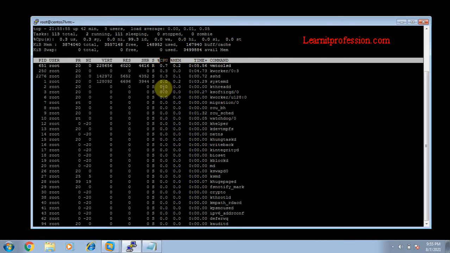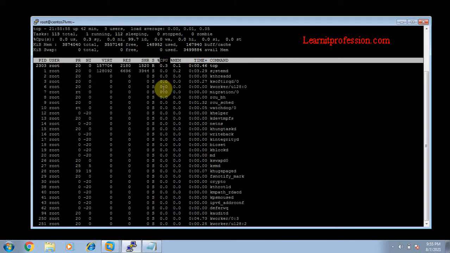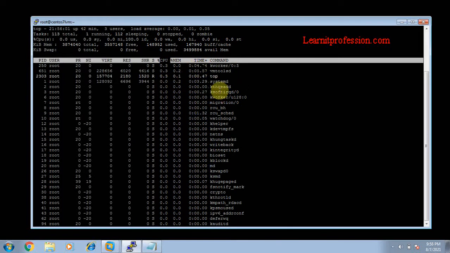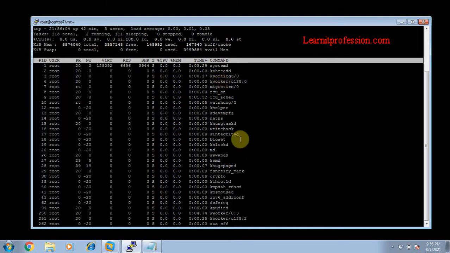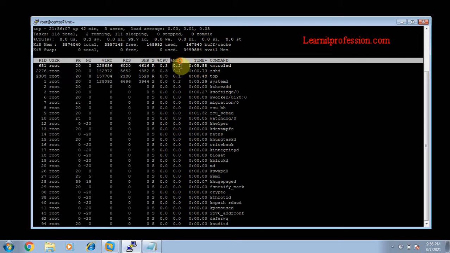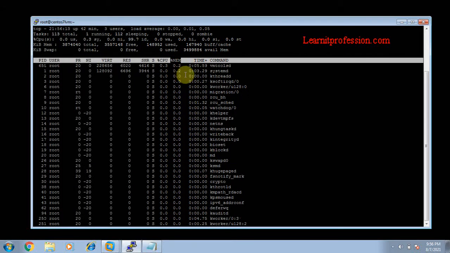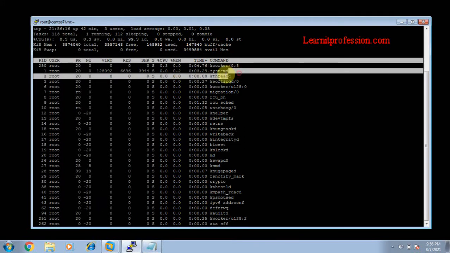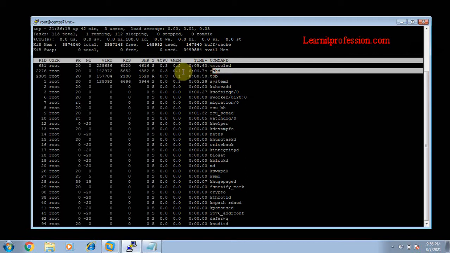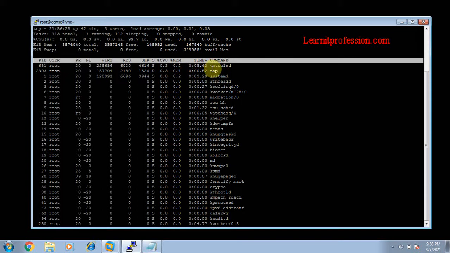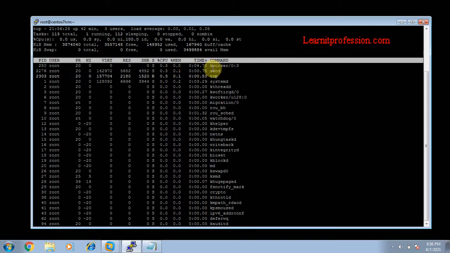SHR is shared memory used by the process. %CPU is how much CPU is used by the process, at this time 0.3% CPU is used for the top command. %MEM means the total memory consumed by the process in terms of percentage, at this time sshd consumes 0.1% memory. TIME means how long the process has been running.